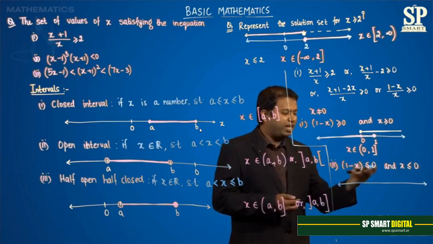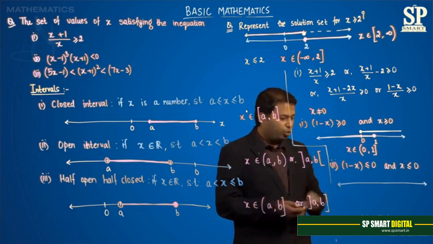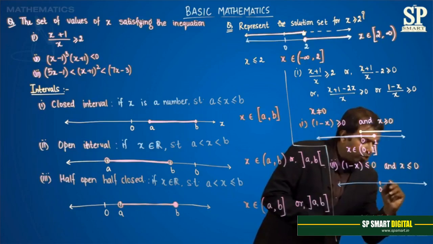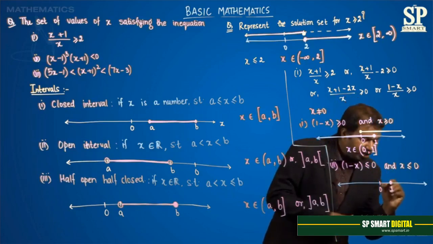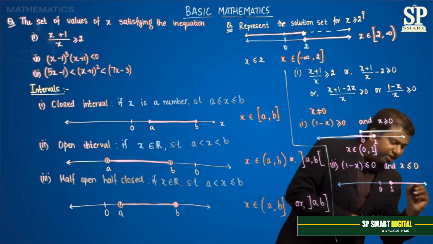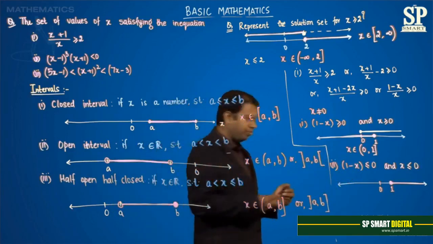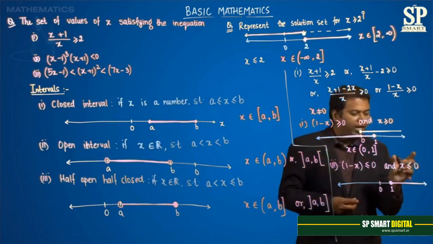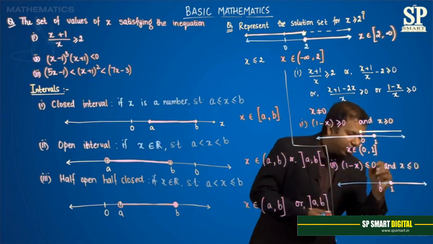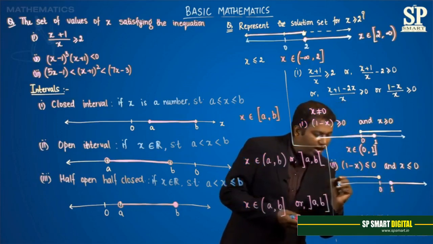Here from the first inequation we have x should be greater than or equal to 1, which means if we have 0 here and 1 here, we need to have a solid circle at 1, and then all the numbers which are greater than 1 will satisfy 1 minus x is less than or equal to 0. Let us now take the case when x is less than or equal to 0. Now from here we find that 0 is certainly included and all the numbers on the left hand side of